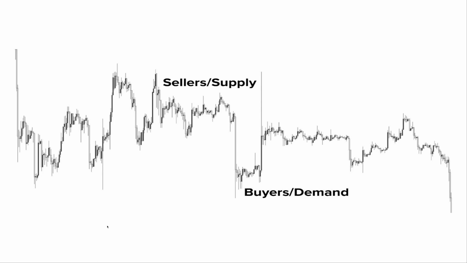So here we have a very basic chart, no numbers on it, and as we can see, it's represented in Japanese candlesticks. So just like we looked at the story of how the candles were telling us what we think is going to happen or who's in control, let's start to focus on the larger conversation of buyers and sellers, and ultimately supply and demand. Let's start on the left side here. We can see that price made a very large impulse down, and the buyers, or a demand zone, stepped in